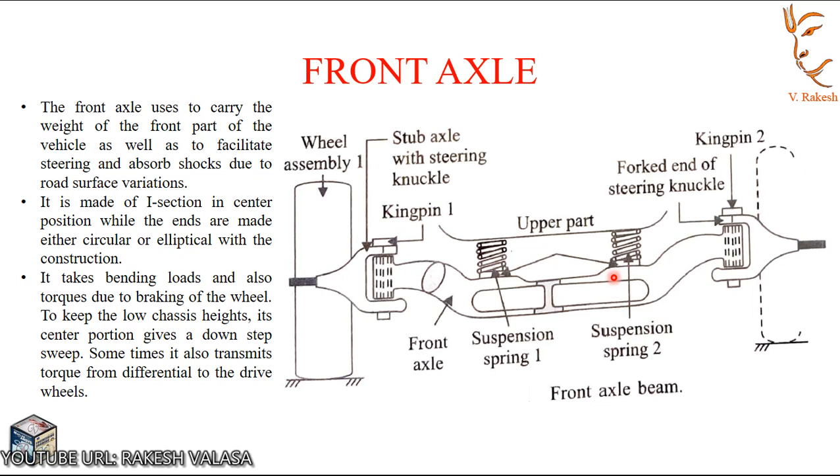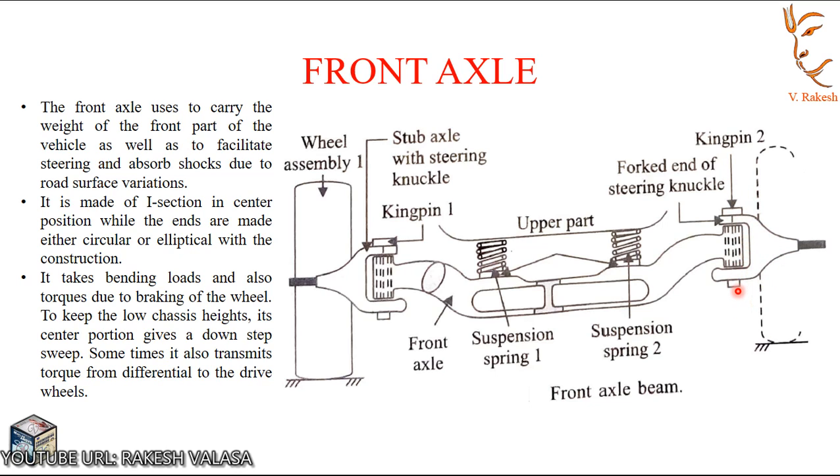The ends of the front axle are shaped to carry the stub axles of the front wheels. The front axle carries the suspension system, suspension springs on spring seats. The fork end of the steering knuckle accommodates and holds the ends of the front axle with the help of the kingpin,